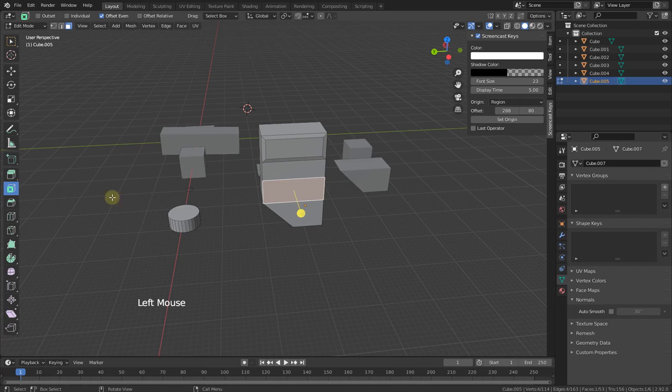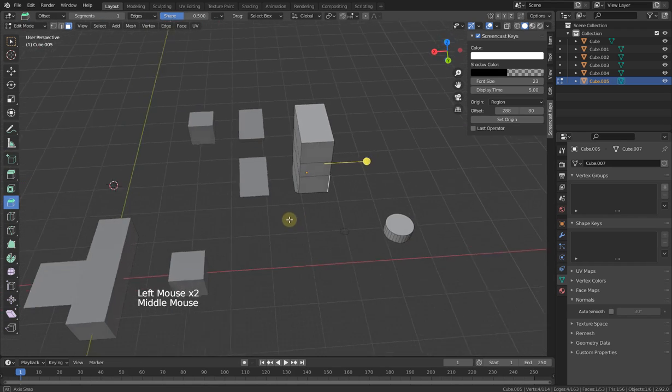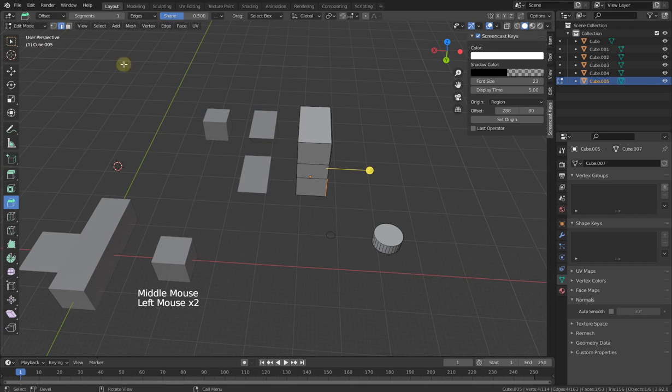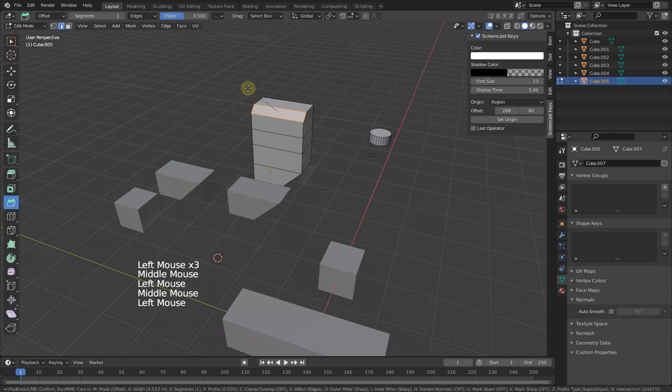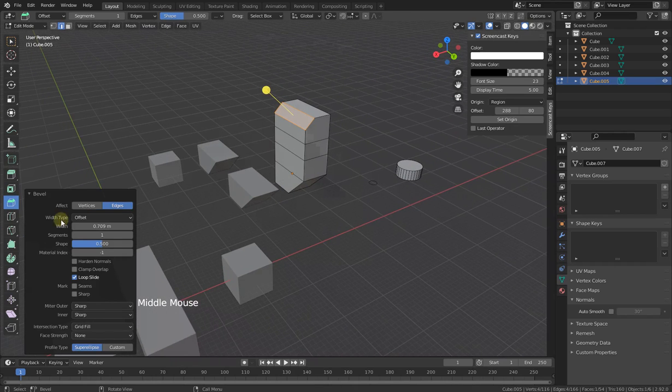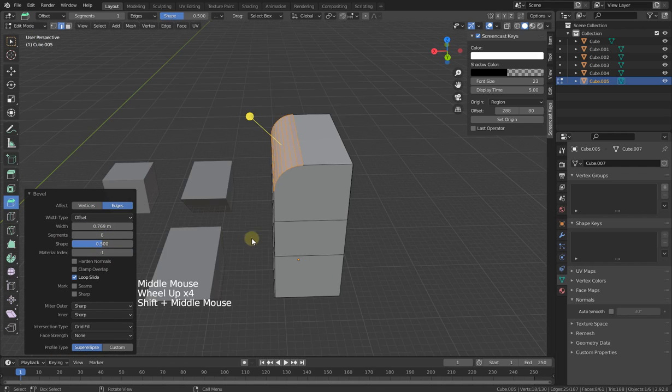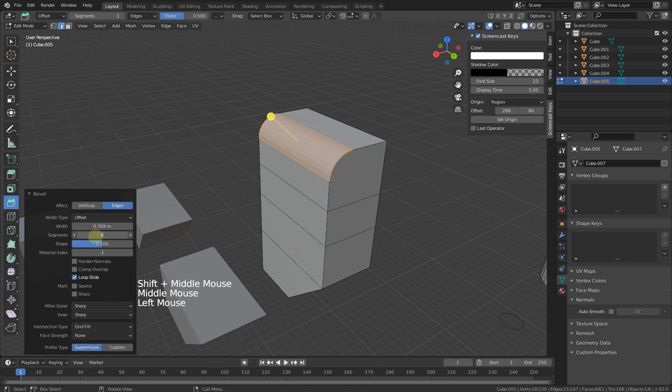We have the bevel. So when you select a particular place and hit bevel, this is a better example. Let's select an edge. Mostly you bevel an edge. So this place and you hit it. You see you are beveling the place. And this is the last action menu. You can bevel vertices, you can bevel the edges, and you can increase the width. You can add more segments to make it curvy. Let me zoom in so that you see it very well. You can add more segments so that you can curve it, but